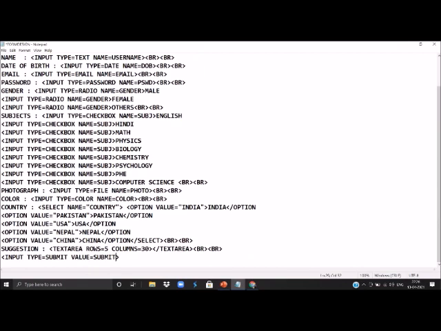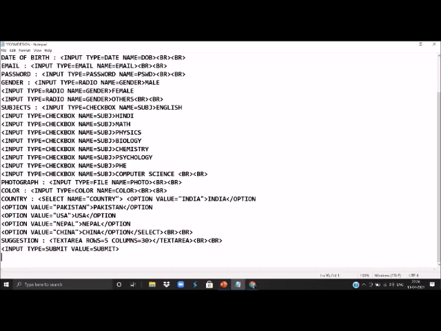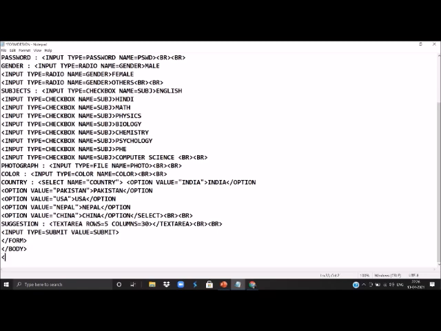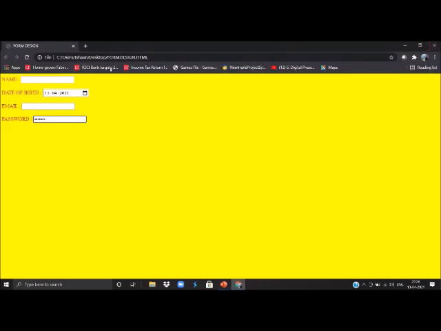Value is equal to submit. After this we will close the form tag, and then we will close the body tag, and then we will close the HTML tag. Now we will save it and let us see the output.